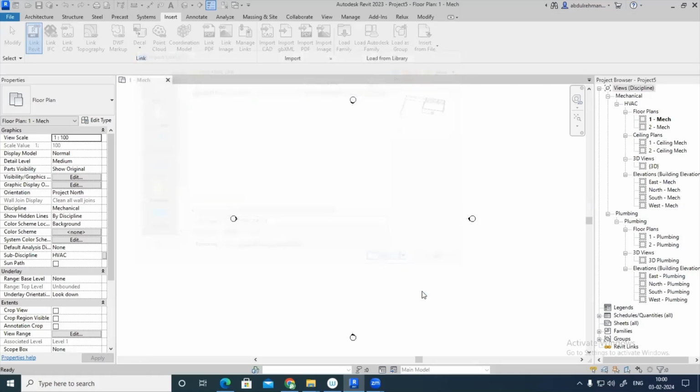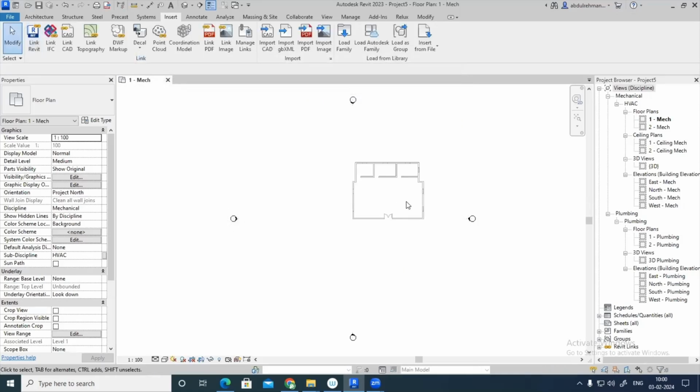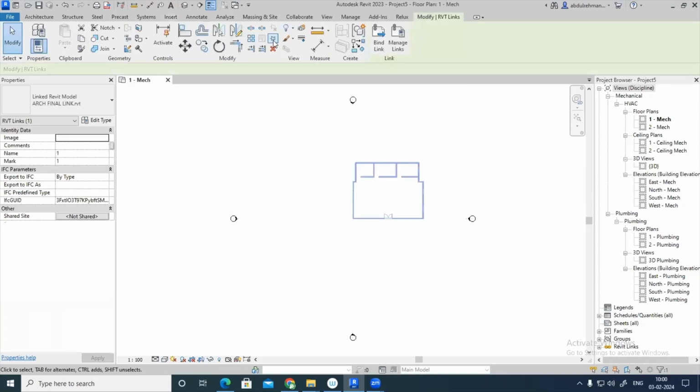This one, open it. Okay, so once it has attached, you have to do 2 things. The first thing, you have to select your link and you have to pin it. Otherwise, when you are moving, sometimes your link will also get moved. The next step, if you are planning to do some analysis, means space creation and all, definitely you have to